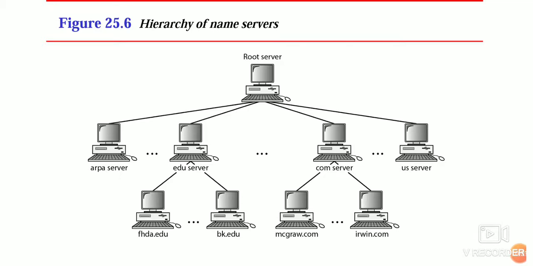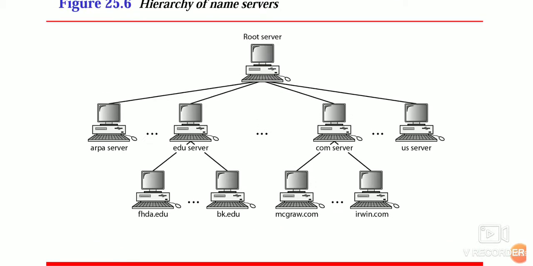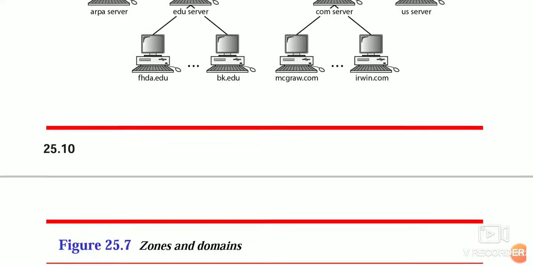So we have three levels of hierarchy. One is root, second one is primary, and the third one is called secondary servers. For example, I am getting a domain name under the com server. I want to create my own domain, so let it be dna.com. So how does the hierarchy flow? First my request will go to the root server, from there it will go to the commercial server, from there it will reach my dna.com server. So this is called hierarchical space.